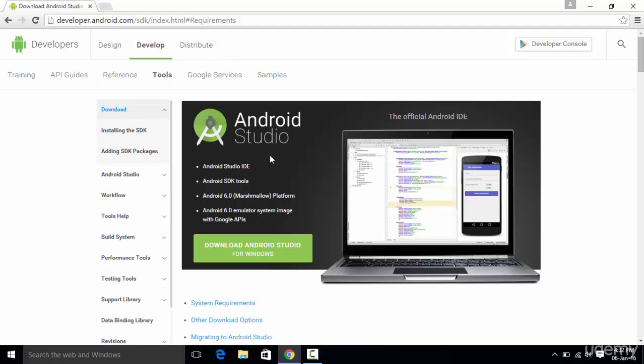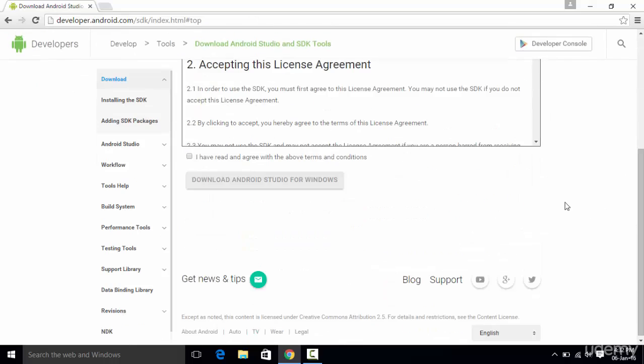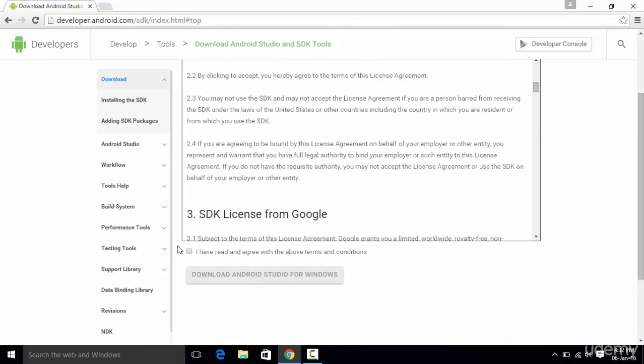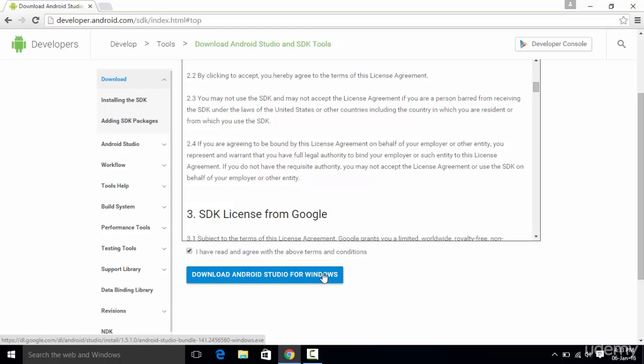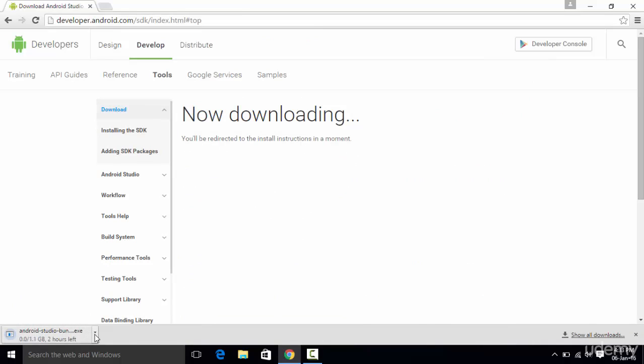pretty much the same. So after reading the system requirements, you click on this download Android Studio button, and it is going to redirect you to this page. And after reading this terms and conditions, if you wish to read it, go through it and then click on this button right here and simply click download Android Studio for Windows. Now I am not going to download Android Studio, and that is because I already have Android Studio installed on my computer. So the thing is that once you have clicked this button, your download will start right over here,